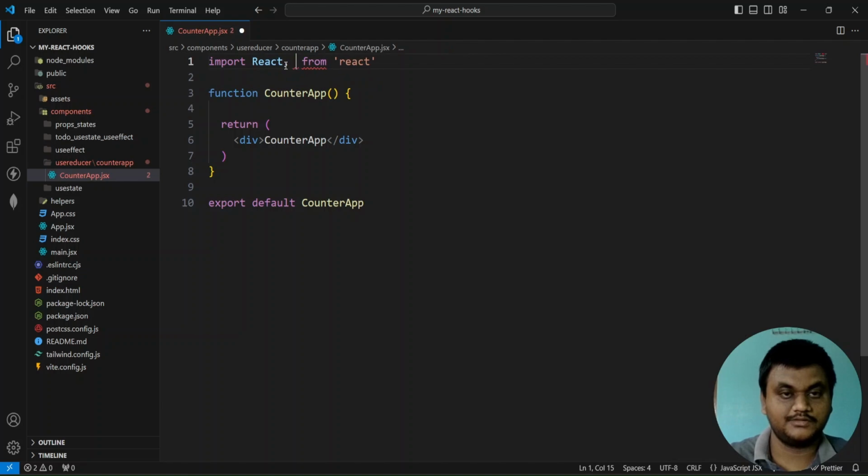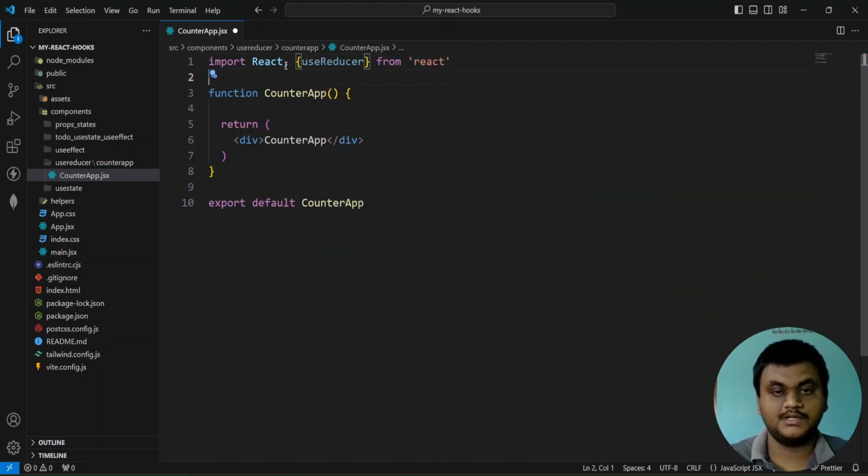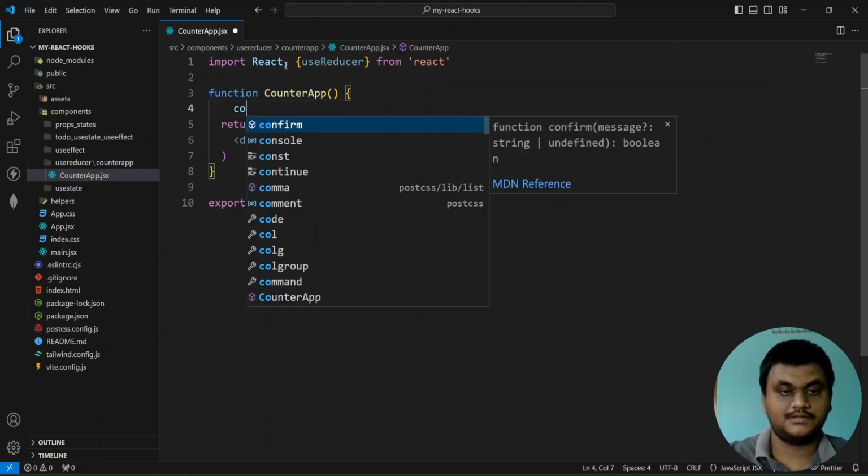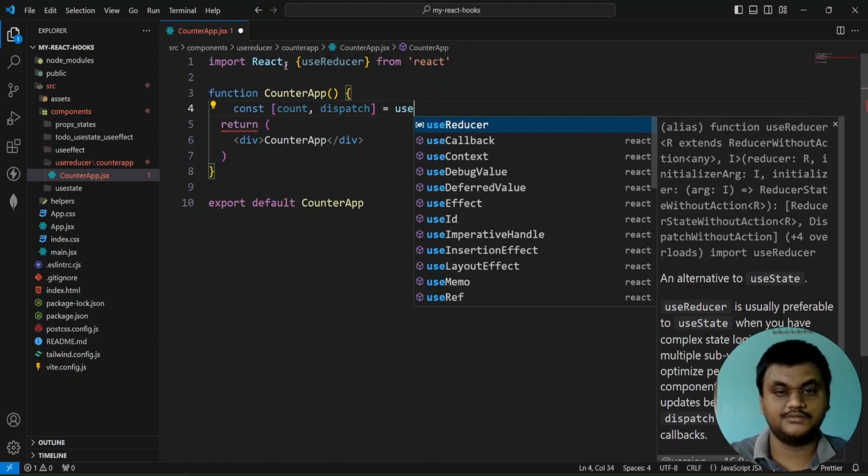I'm going to take the useReducer from React. Here const, count comma dispatch method. Dispatch. Here useReducer